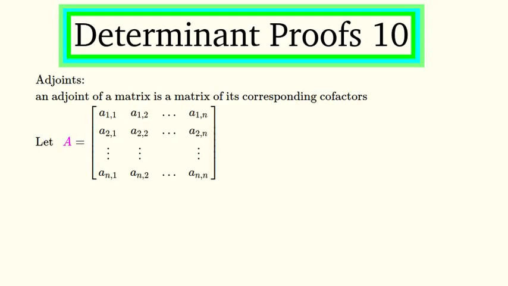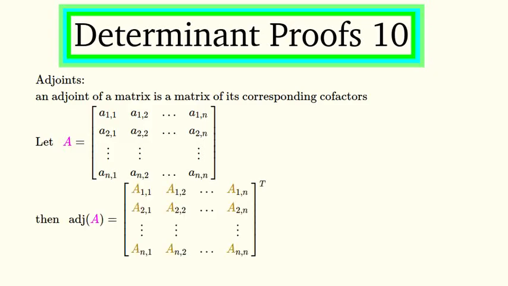So now to discuss what an adjoint is. We'll set matrix A to be this matrix with these entries. The adjoint of a matrix is a matrix containing all of the cofactors of this matrix corresponding to these entries. This is what a cofactor is. It's equal to the determinant of the corresponding minor of this matrix, multiplied by 1 or minus 1, depending on